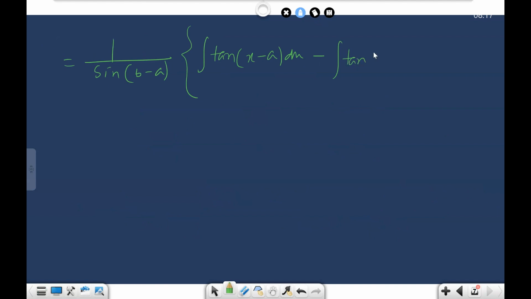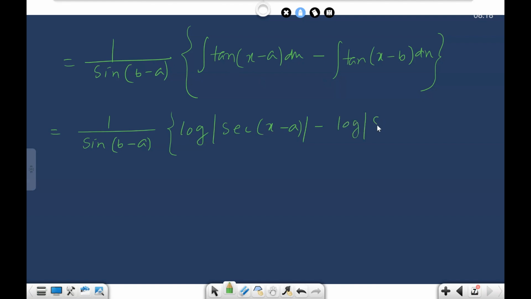This is tangent of x minus b, and dx is there. Now this is equal to 1 by sine of b minus a, whole into integration of tan function, which is log of sec of x minus a. This is the formula for integration of tan, and minus again here it is log of sec of x minus b, and integration is completed, so you can give the constant of integration, plus c,